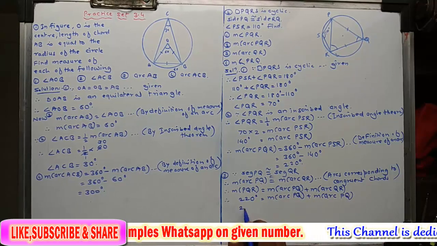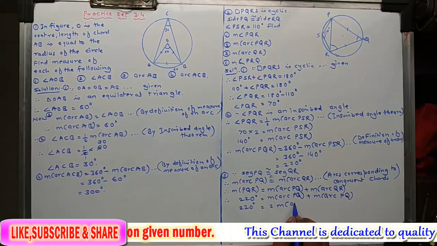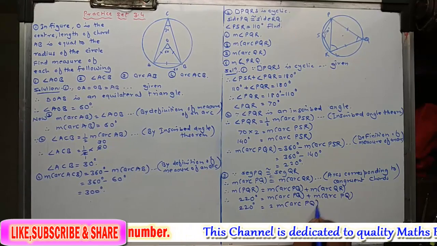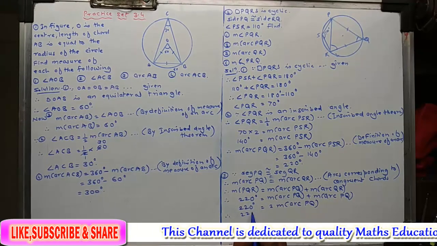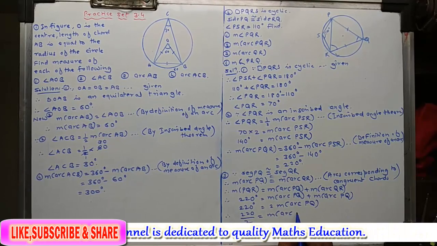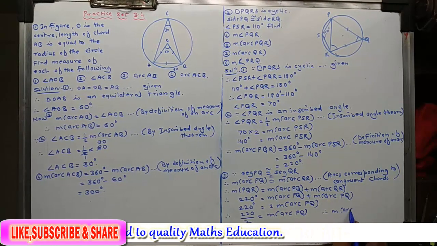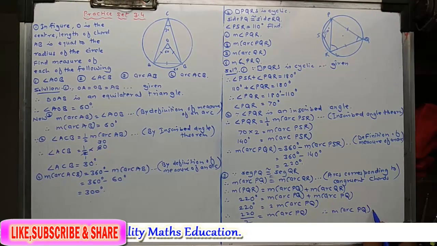So you will get 220 degrees equal to 2 times the measure of arc PQ, and therefore 220 divided by 2 is equal to the measure of arc PQ,